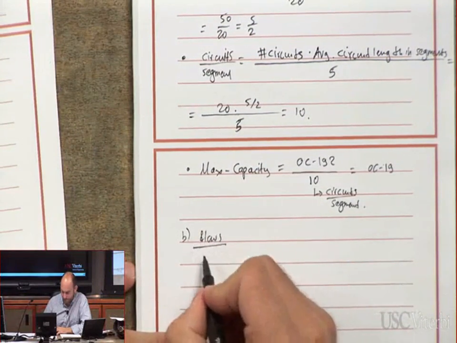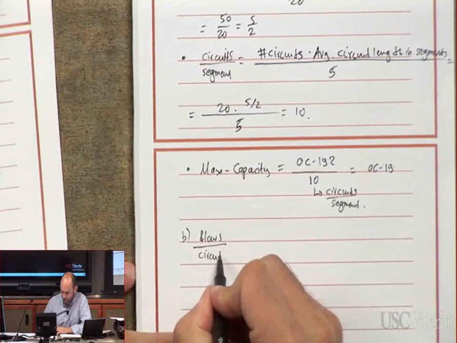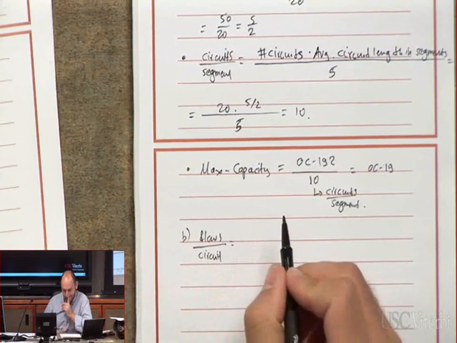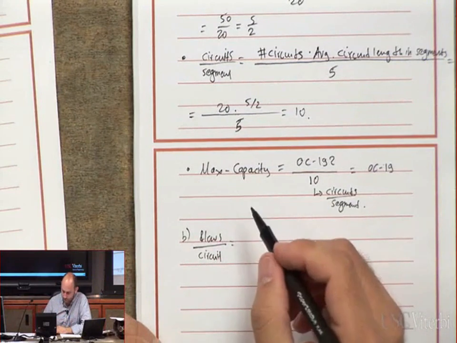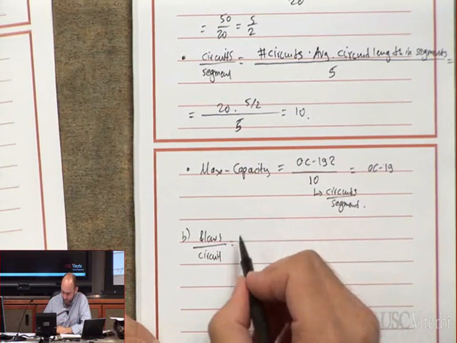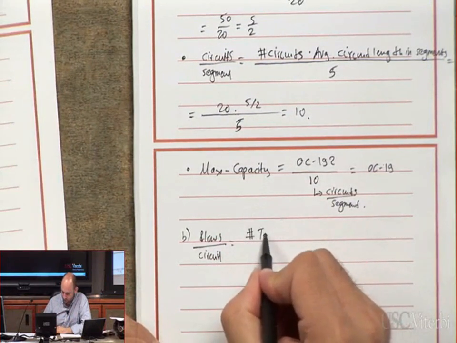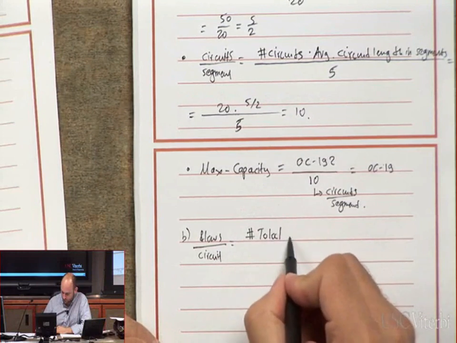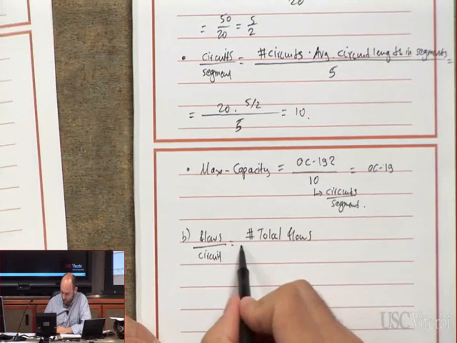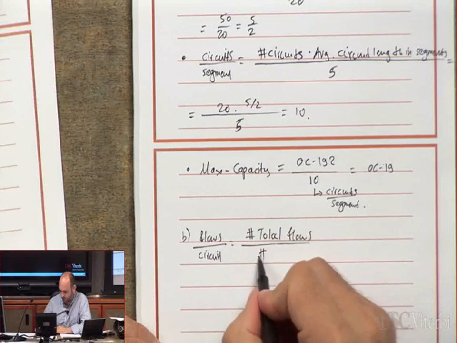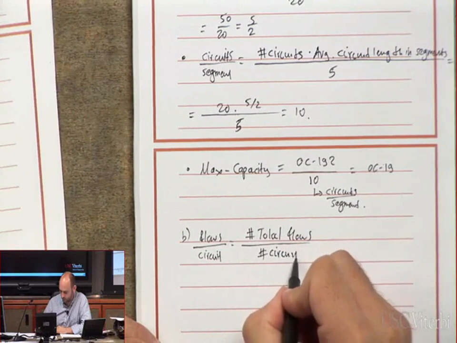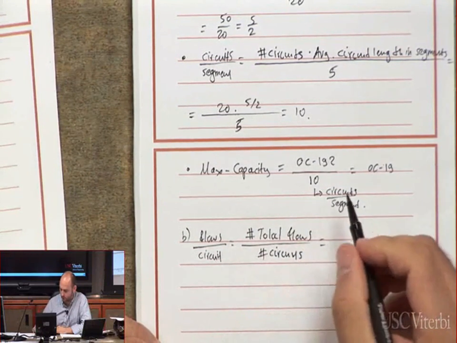Flows per circuit is equal to total flows over the total number of circuits, and this is equal to,